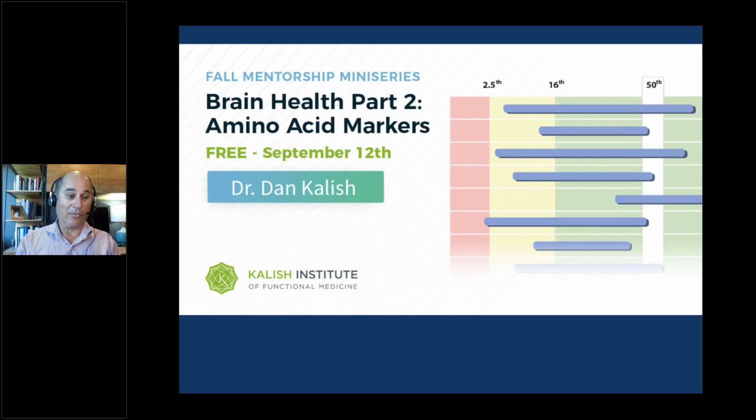The neurotransmitter supports are 5-HTP, tyrosine, or amino acids. The detoxification support: methionine, glutathione, glutamine, glycine, N-acetylcysteine, cysteine, those are amino acids. Liver support, glycine and taurine, those are amino acids. Joint support, I mean, it goes on and on, right? This is a huge subject area. What we're looking at specifically today are amino acid test results from plasma, but the amino acid treatments expand out from that quite a bit.